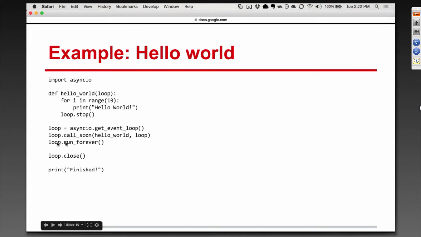Then you say loop.run_forever. So run forever means to just keep running this event loop, even if there's nothing to do, just keep running it until someone tells you to stop. And that's why in the hello world program, the last thing I do is I get access to the loop by passing it in, and I tell the loop to stop. Once it stops, it's finished. Okay? So notice that this function is not a coroutine. It's just a regular function. Okay? So I can run this code